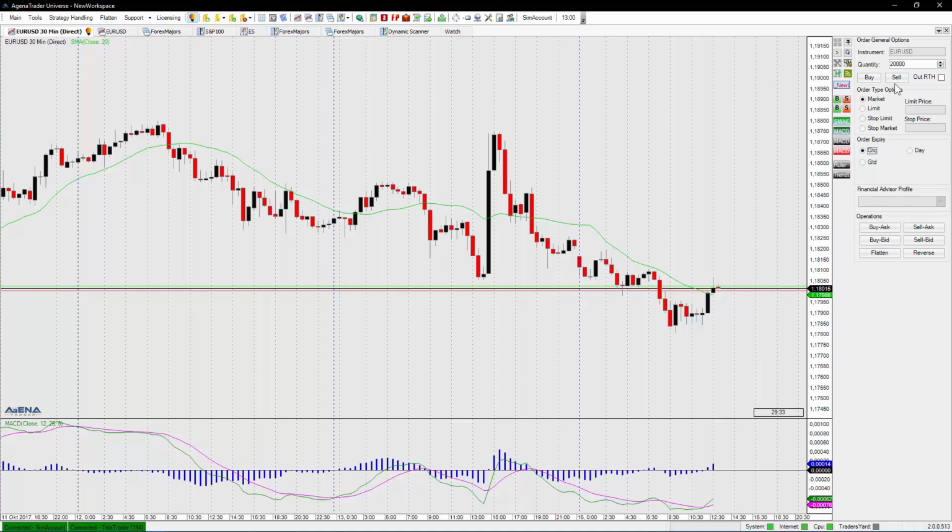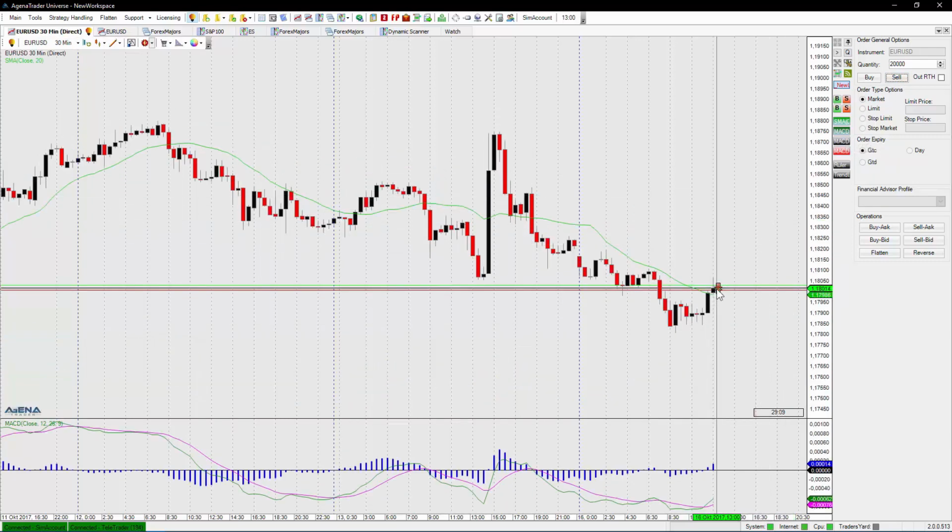So we set order type as market, good till cancelled, quantity 20,000, and hit buy. This immediately will create an order, which you can see as an order box inside the chart, showing you the current profit loss, the name and quantity. And if you click sell with the same quantity again, it will close this position. As you see in the chart,